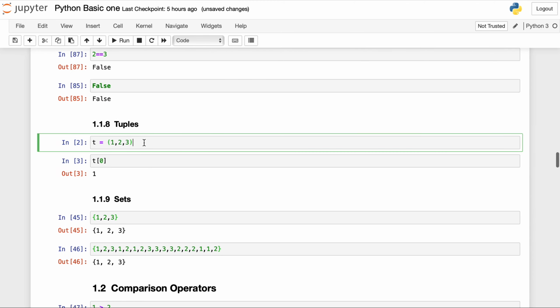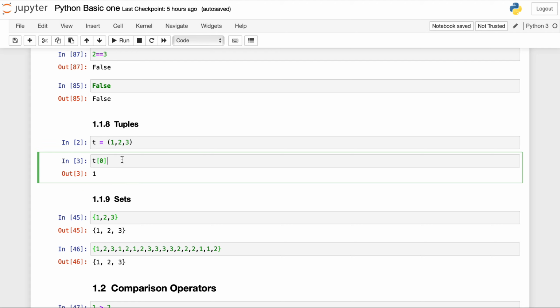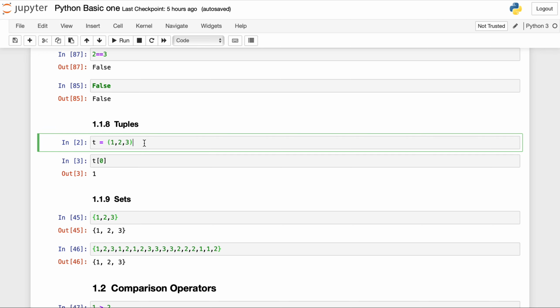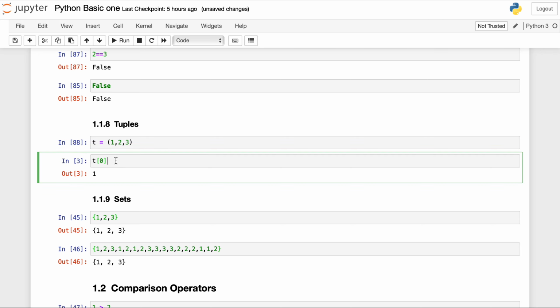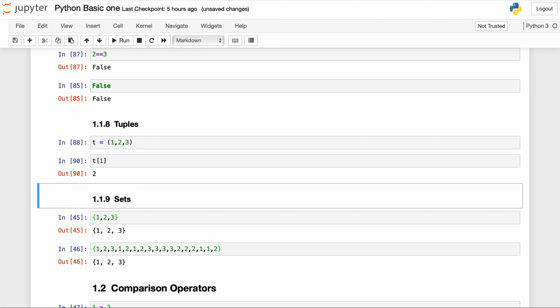So you can see we start declaring tuples using parentheses. If I write t of 0, it will give me the first element. It works the same as an array. If I write t of 1, it will give me 2.